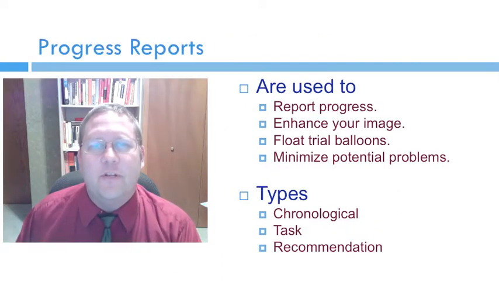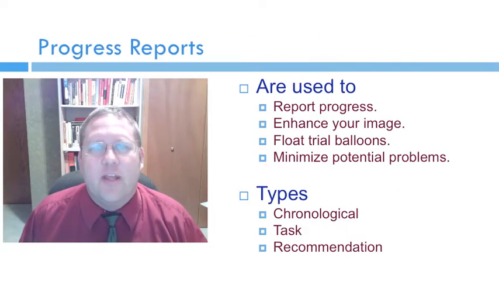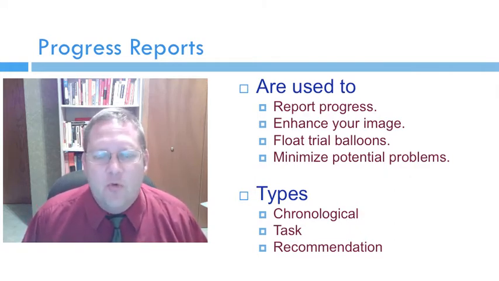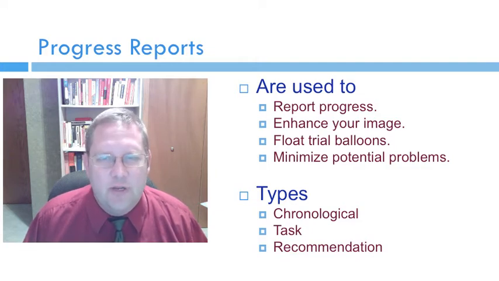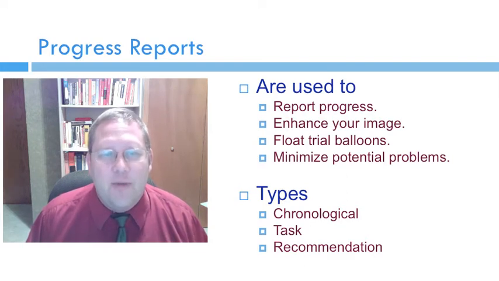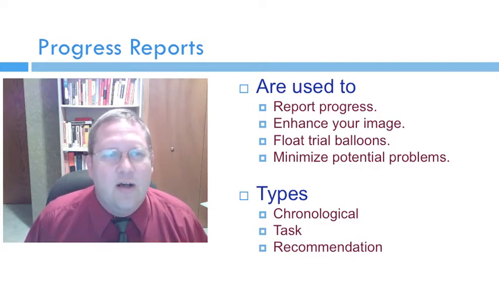The kind of report that doesn't quite fit into those three categories is the progress report. This is something that is written when you're halfway through a project, almost always written internally to somebody in your company that you work with or that you work for. And the progress report is designed to, oh, look at this, report your progress. I bet you'd already figured that one out. But it's also meant to give people something to hold on to while they're waiting for results. It's used to float trial balloons.